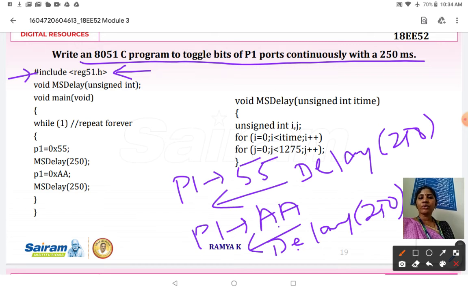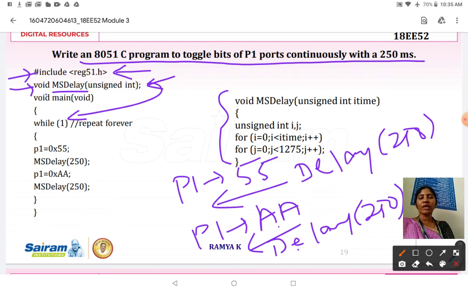Then I am going to define a function, void msdelay. It is your delay function, which needs to be written as a separate program. If you define msdelay inside the main function, it is not possible to use it elsewhere. If I write it outside, with the name of the msdelay function, I can access this particular program anytime, anywhere. That is why I am defining void msdelay(unsigned int) outside the main function.